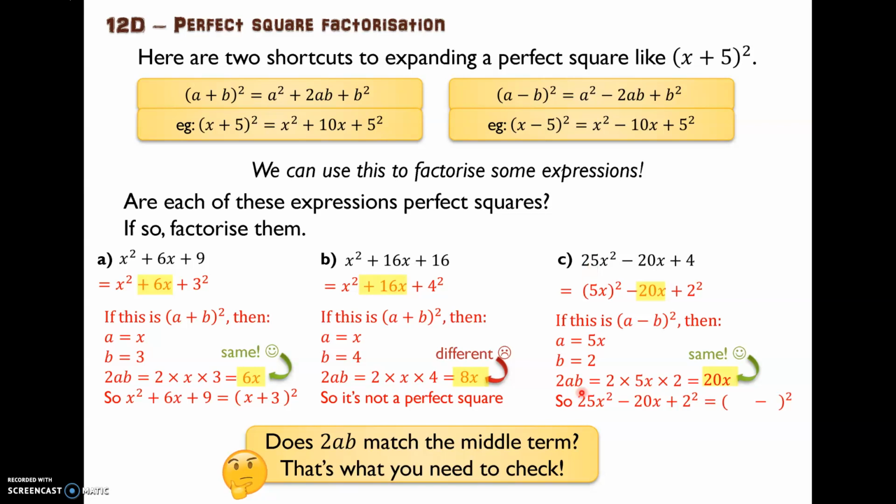So this expression here, 25x squared minus 20x plus 2 squared equals something minus something, squared. The thing that goes here, actually, do you want to guess? There's A here and B here. So what do you think this is going to look like? If there's A there and B there, A is 5x, B is 2. Boom, and we're done. And that's how you do these,